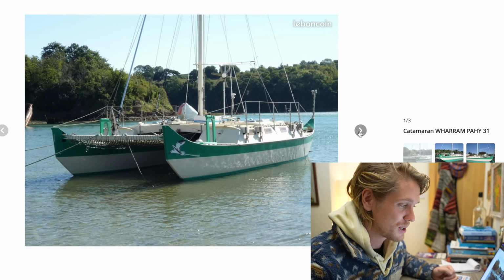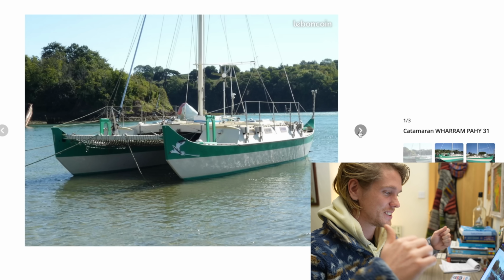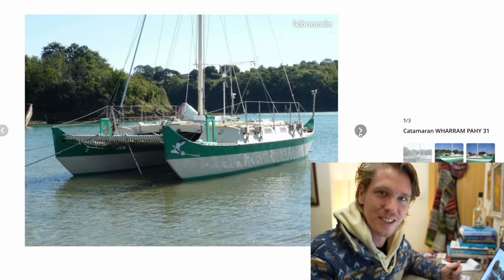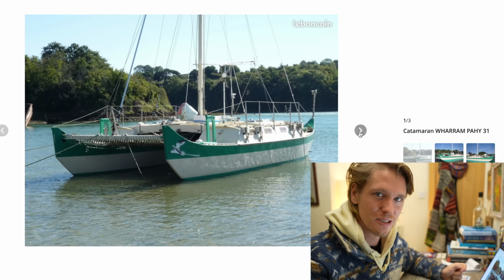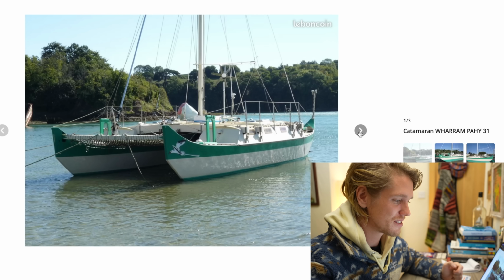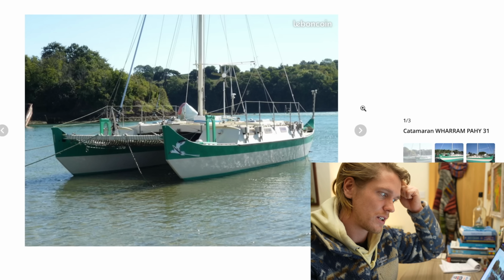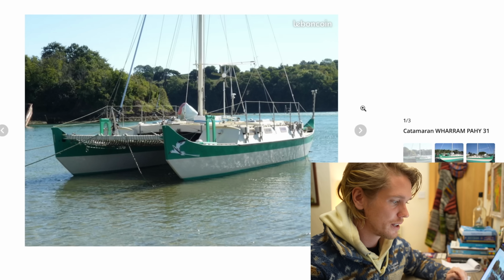They're made out of plywood and epoxy. Even if you did hole both of the hulls, it's probably still going to float. There's hardly any through hulls, and they're just a really safe boat. So I am considering this, going to view this one over the next week or two, and then